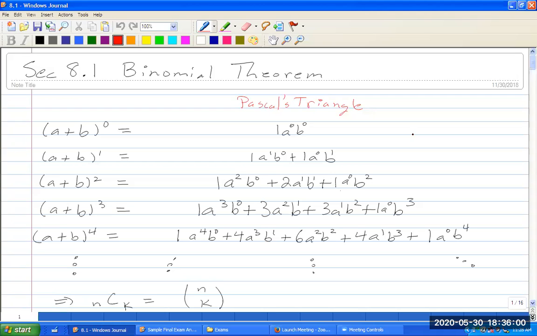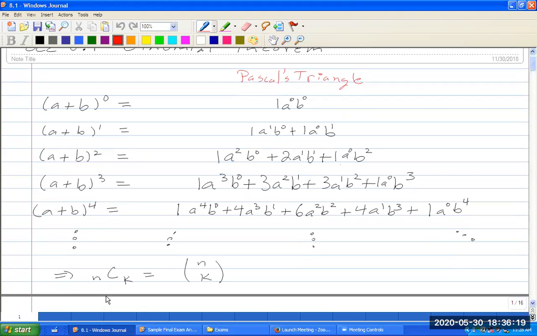And so the coefficients in these formulas are denoted by, well, the binomial coefficient, and the number in Pascal's triangle was denoted by nCk. So these are really the same. If you recall,